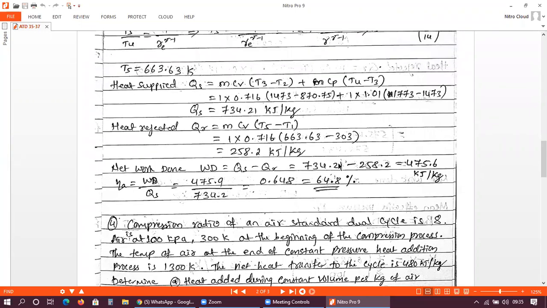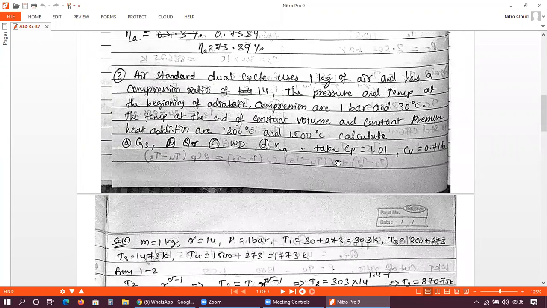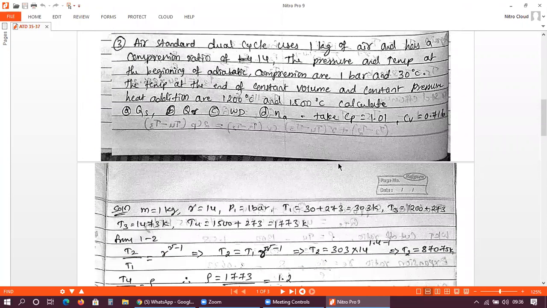So this is one of the easiest problems. This problem has been asked in your external, like all the problems which we are dealing with. So it is a very simple problem, and even the process is very short. Please, all of you go through these problems. These problems are very simple. The only thing is practice is required, and some memory work is required.